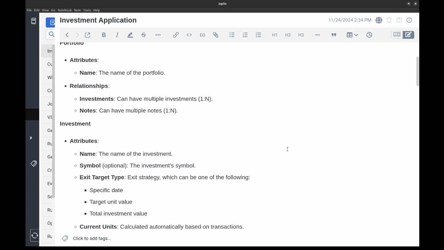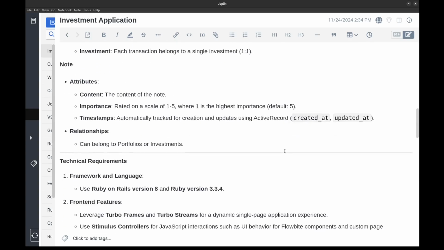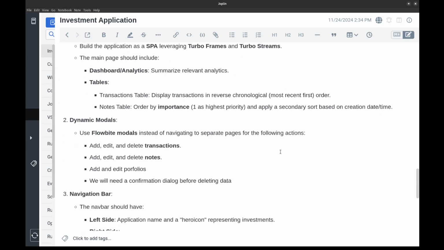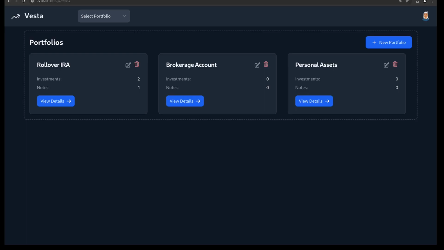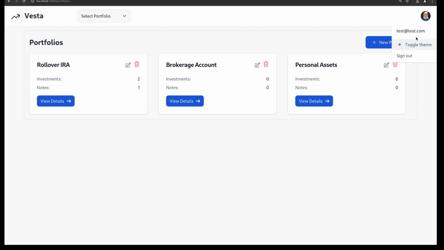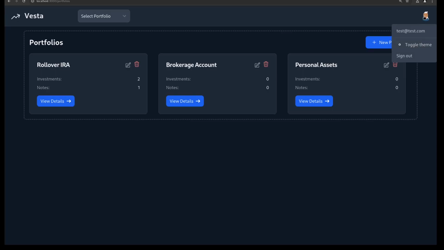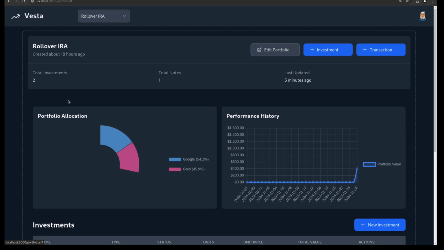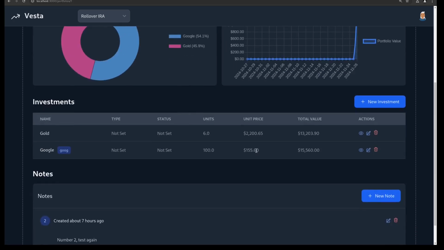Using this prompt, I was able to create an application that allows its users to create portfolios of investments and add investment transactions to allow for monitoring and charting their performance. This application supports dark mode, is responsive, and built using Ruby on Rails 8 and the latest technology, including Hotwire and Stimulus. The version you are seeing here is the version I built in a few hours using the new